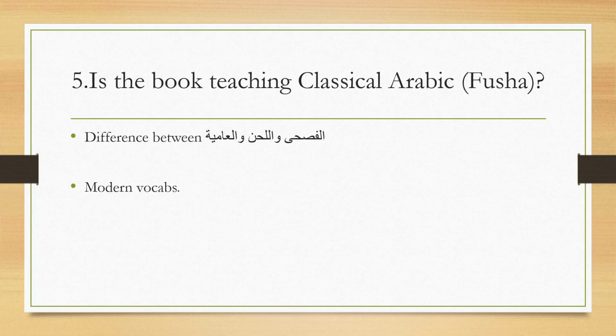Al-Lahn. What is Al-Lahn? Lahana, it means to make a mistake. So Al-Lahn is something that existed in the Messenger's ﷺ time and before it. There were people making mistakes, of course, and it was very ugly to make mistakes. There is a lot of poetry talking about how bad it is to make mistakes in Arabic. But it existed in the Messenger's ﷺ time and before this. To make a mistake in Arabic, meaning not to follow the rules of Fusha.